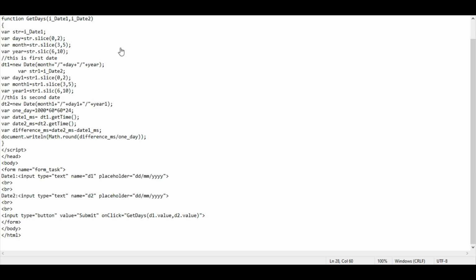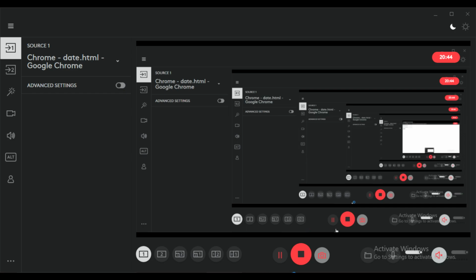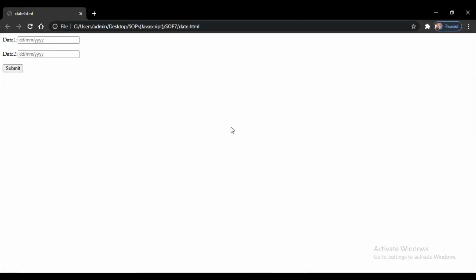And I would suggest that every output you receive, just take a screenshot and stick it in your journal, because that would be a good measure instead of just drawing the output. So I'll just take you to our folder. We'll just open our web page. So now we are at our web page, or our web page output, as you might call it.